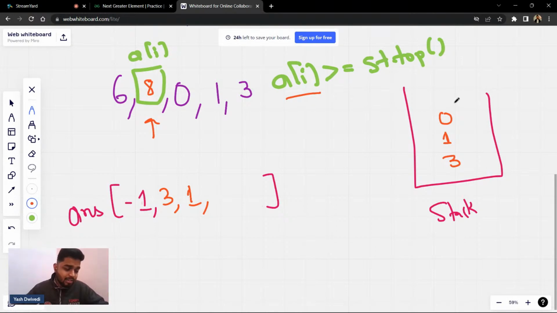Now can I say that the ith element is greater than or equal to the stack top? Definitely yes. Okay, if this is the case,